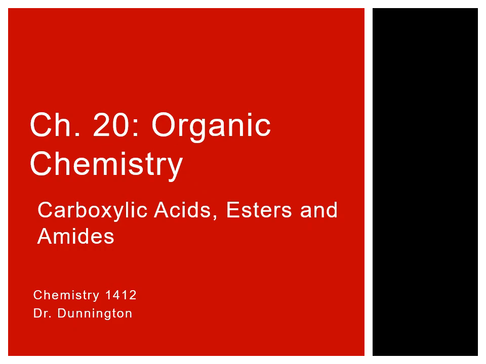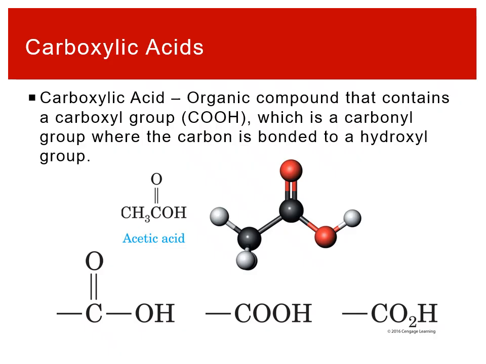Now we're going to talk about three types of molecules: carboxylic acids, esters, and amides. So carboxylic acids are indicated by what's called a carboxyl group. A carboxyl group is a carbonyl where the carbon atom is bonded to a hydroxyl group. If we look at this molecule, acetic acid, in the three-dimensional representation, we have the carbonyl, a carbon atom double bonded to oxygen, and we have a hydroxyl, oxygen bonded to a